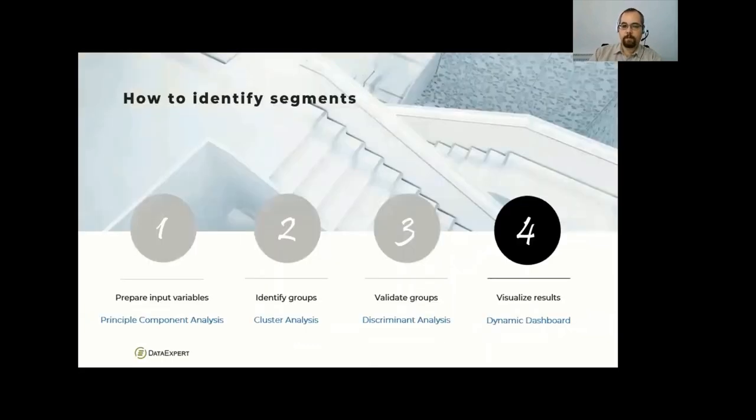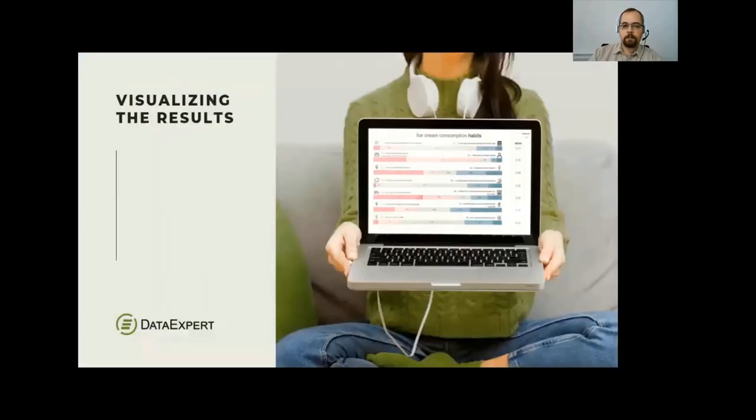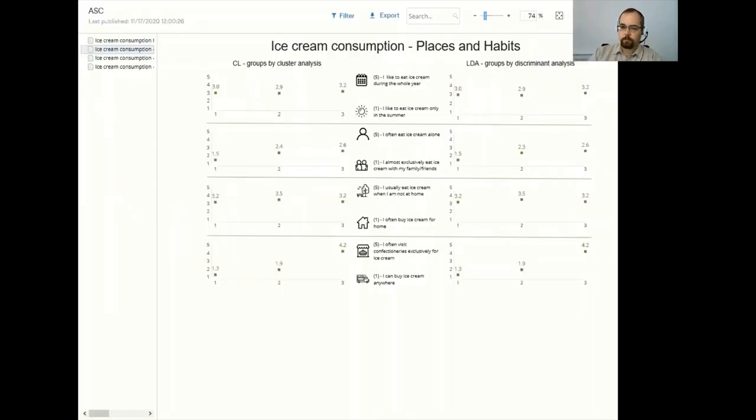By now we have the first part of the job, so we can have a coffee and rest. But of course we have the final step, the visualization of these results. Now let's see how many extras can be done with dashboards. This is a dynamic dashboard built-in display area showing the results of our study.